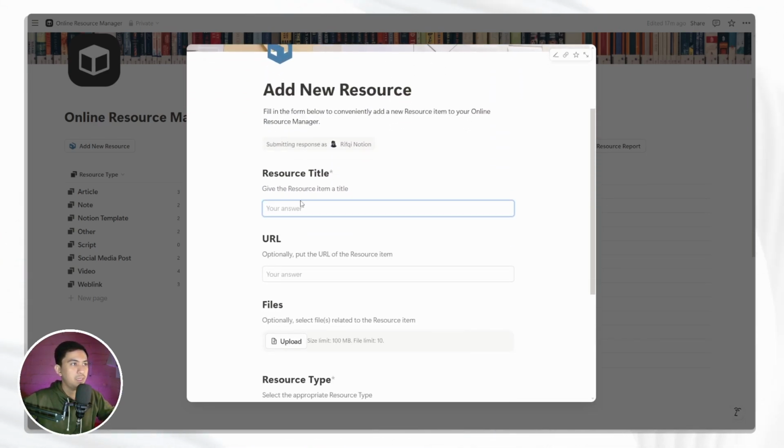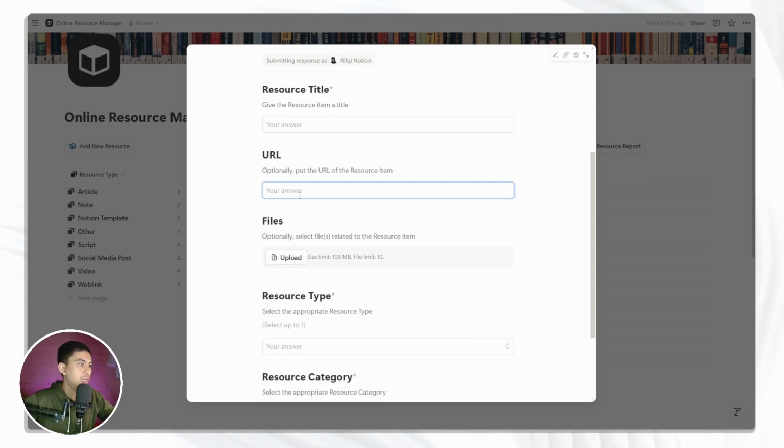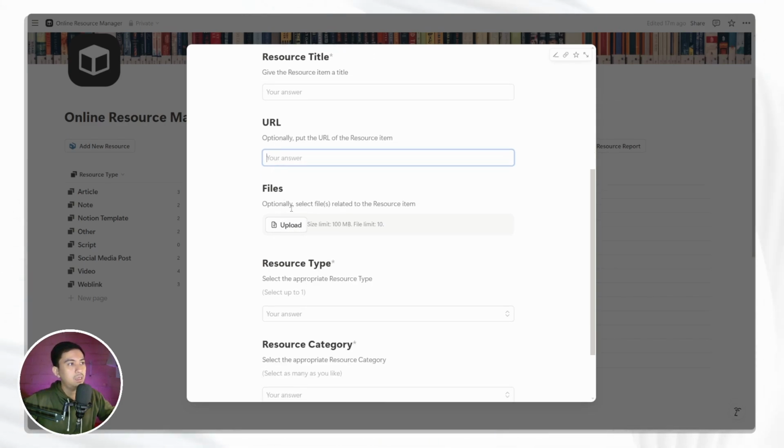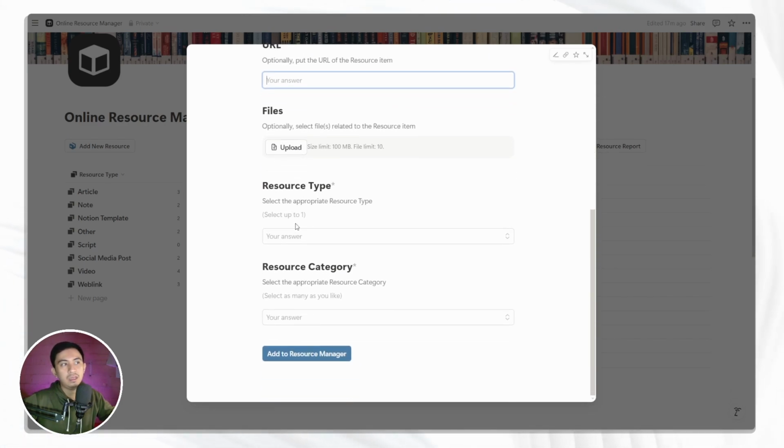You can simply type the title, put the URLs optionally, and also attach a file optionally, and then the mandatory information. You can see a star sign here, which means it's mandatory for you to configure for the new resource. So you need to configure the resource type and resource category, and if you click add to resource manager, boom, you will have a new resource in your online resource manager Notion template.